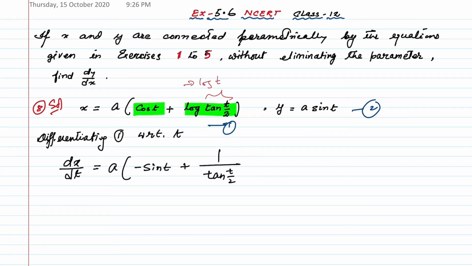As it is not just a single variable, it is a function, so again we have to differentiate this function tan t by 2. So d by dt of tan t by 2. Okay, so now a minus sin t plus 1 by tan t by 2